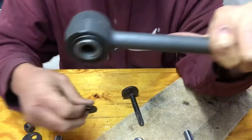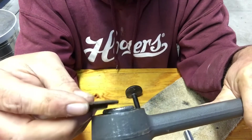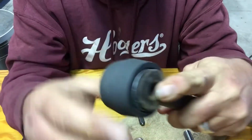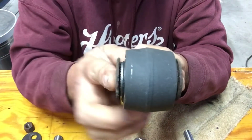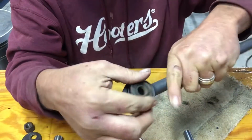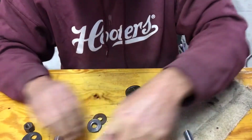Now GM's solution to that is this little thing here, which basically sits in there. It can't wobble around that way, and it fills the gap. One of these on each side will fill the gap for the rear end. Well, that's all happy, fine, good on something that's this wide. But on a heim joint,